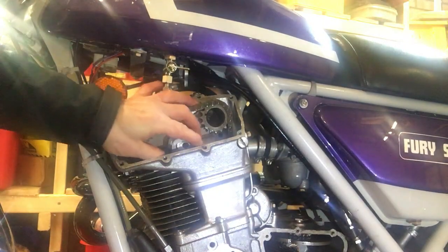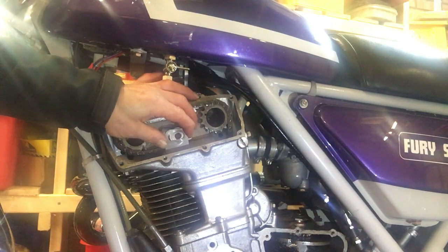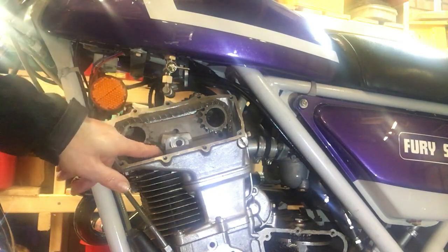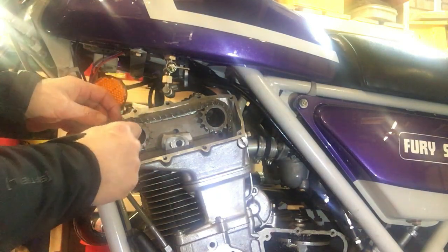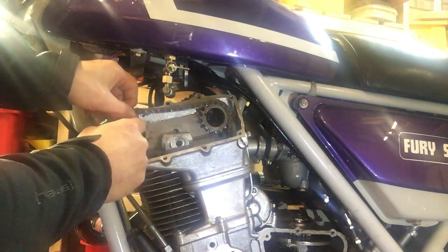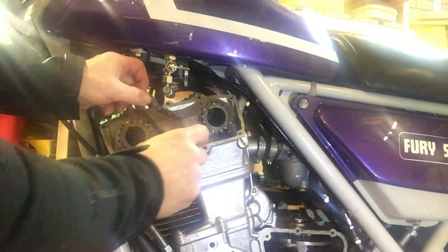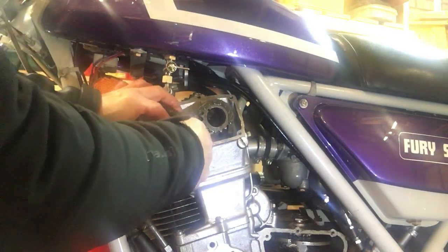Right, just to quickly show you, so I've got the slipper tensioner free, so you can push it right over. That gives you enough slack in the cam chain to be able to take the chain off the sprocket of the exhaust camshaft, he says. There we go. And what you can do then